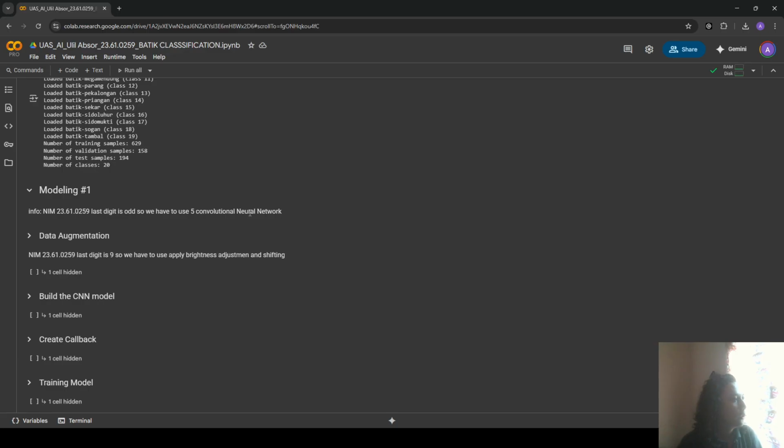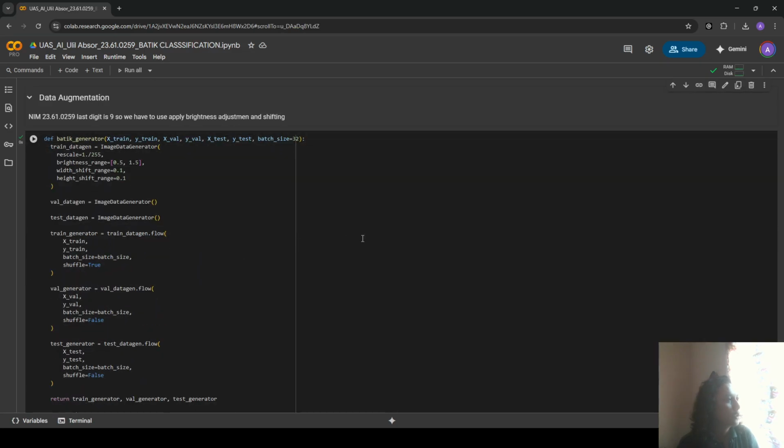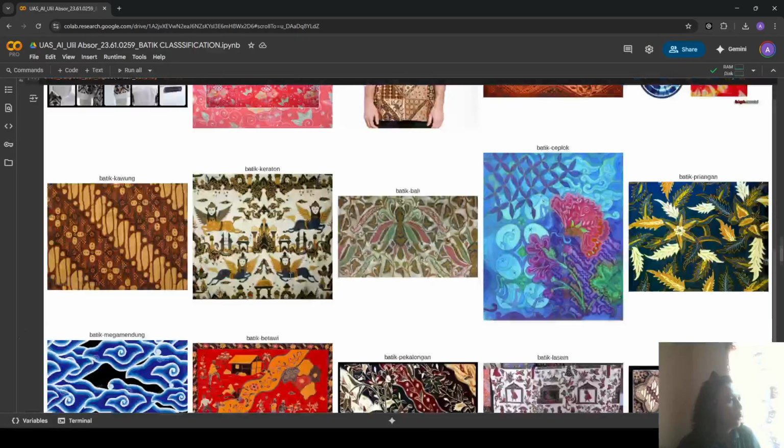After that, my last digit is odd, so we have to use five layers for the convolutional neural network. But before that, we have to augment the images.